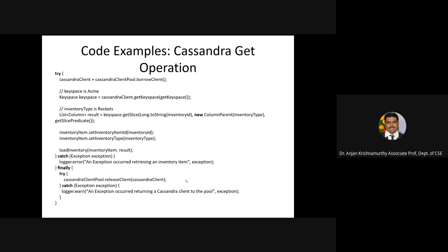You can also see here that the block is not just a try catch, it also has a finally block, right? Whatever is written in the finally block of this particular code is what is going to be executed. And again, within that finally block, you also have another try catch instance, which has some more exceptions to be caught. So this is how it works in the Java language.